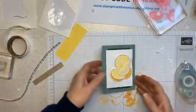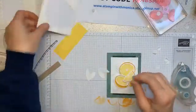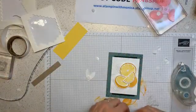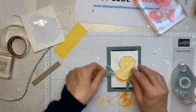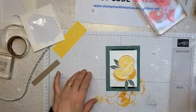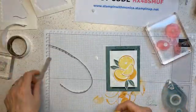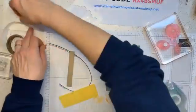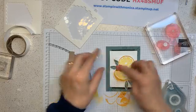Now my leaves, where's my leaf? Oh, the leaves are here, and the flower. So putting it together is easy peasy. Tuck, and then tuck underneath. And where's the flower now? I lost the flower. Oh, here. And here we go with a mini dimensional that will go right there. Okay, so now I have this